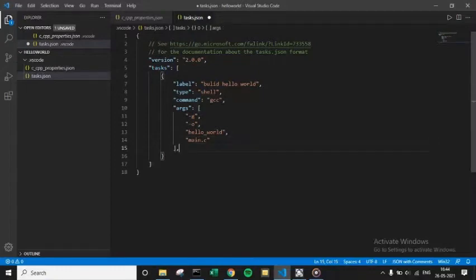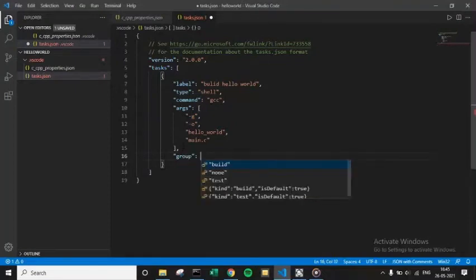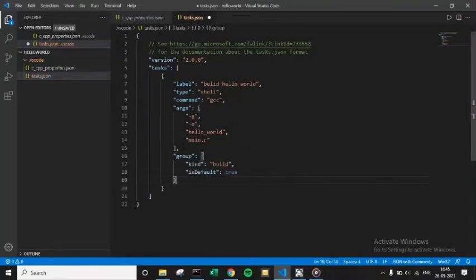And let's put a comma here, and here let me create a type group and a curly bracket, and yes, it will automatically create all these things. You have to see if kind is equal to build and isDefault is equal to true or not. If it's false, change it to true.